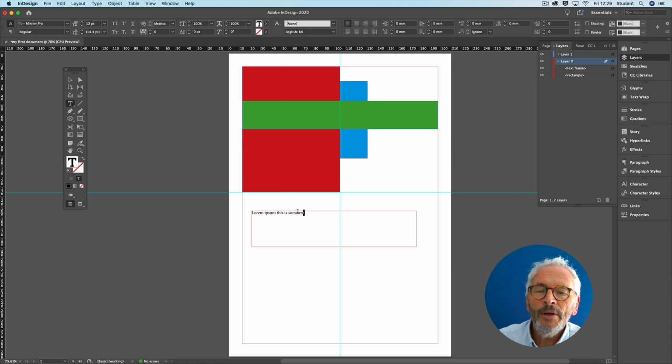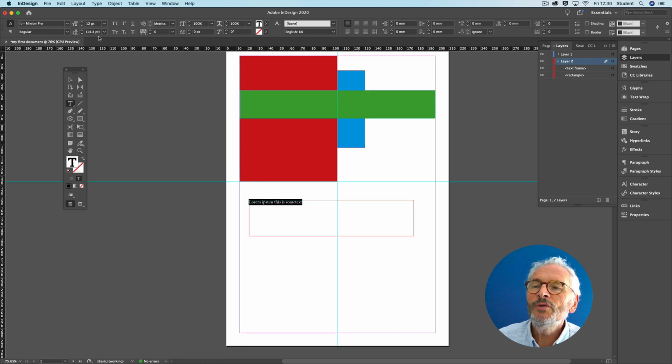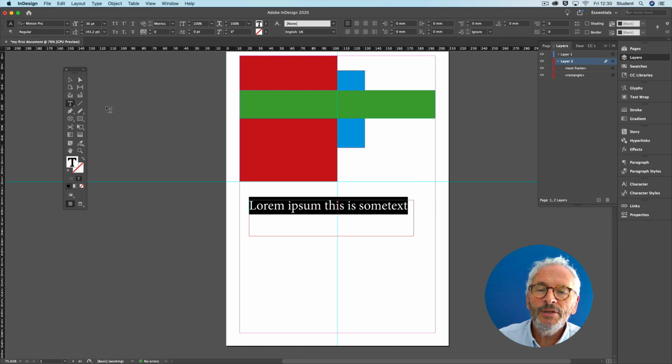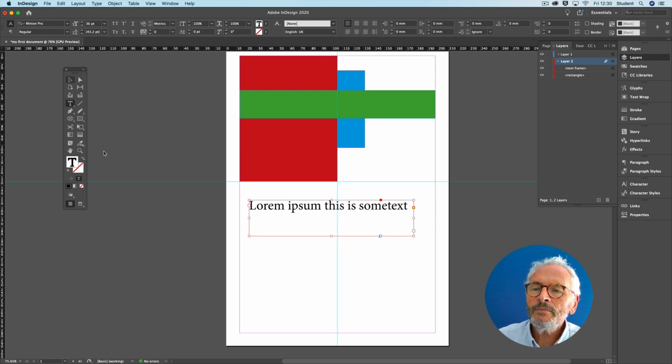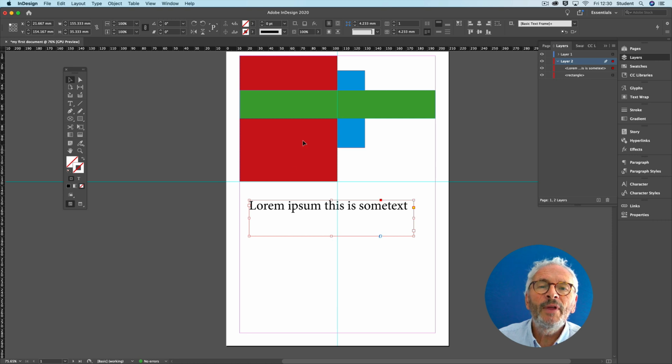Okay, and then I'm going to select that text and actually choose a larger font size. So you can see up in the right hand, up in the control panel, the context is text, therefore it gives me menu items appropriate for that. So I'm going to choose, say, 36 point. I'm also going to change the color of that text, and I can do that simply by clicking on the